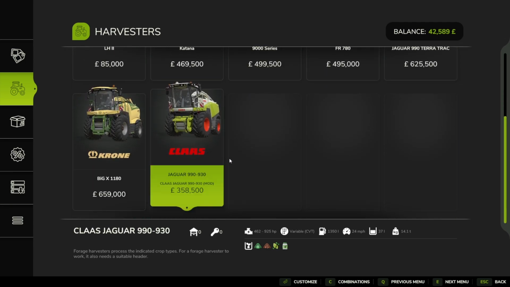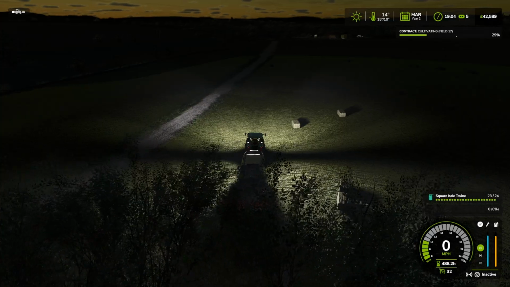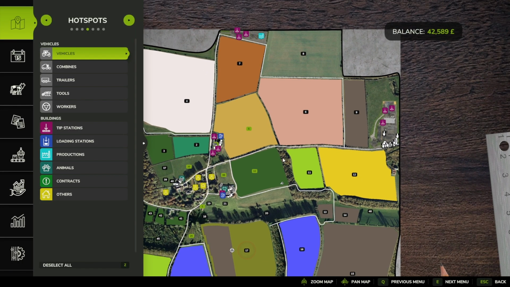They are going to cost quite a bit of money, but you can see we can do. I wonder if we'd get the straw if we used these. I'll have to look into that, but we can do a variety of crops to get silage and sell the silage for a lot and then start expanding,